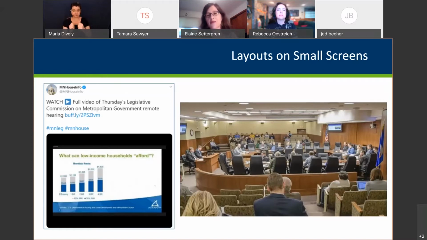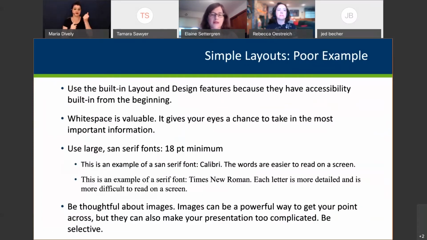And then the other example there is a hearing room in the state office building, and there's small screens in a big room there. And so you want to use a simple layout to make sure that you're getting your points across. I have a couple of examples of poor